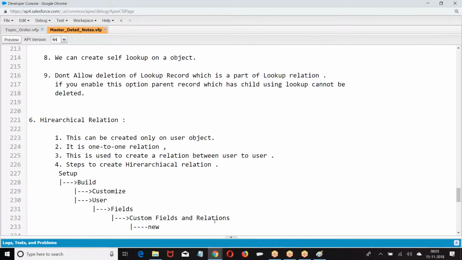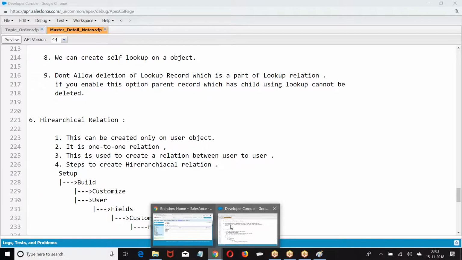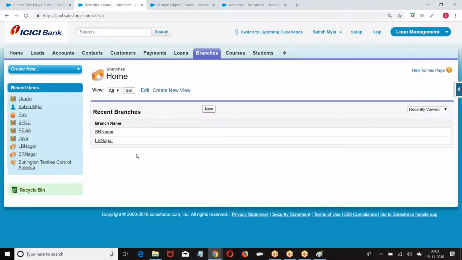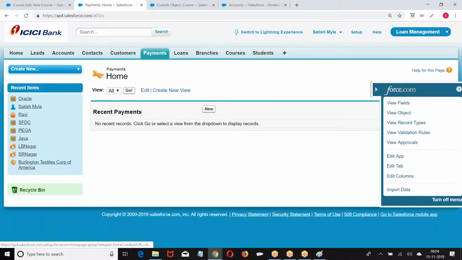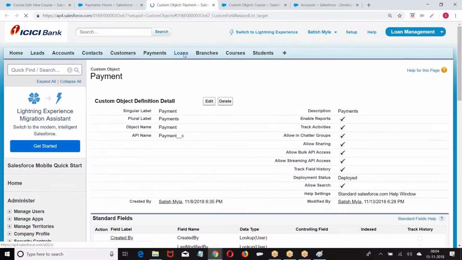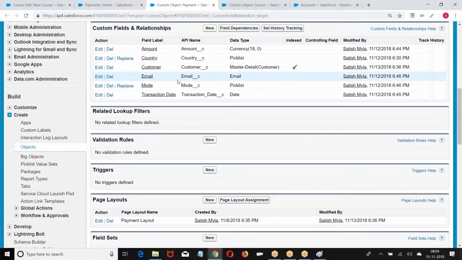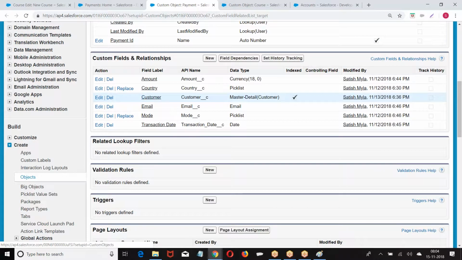Okay. Now let me give you a quick point here. Somebody asked me if there is already data, can we exercise these options or not? Let me answer the question. What is the relation we have? Master detail.